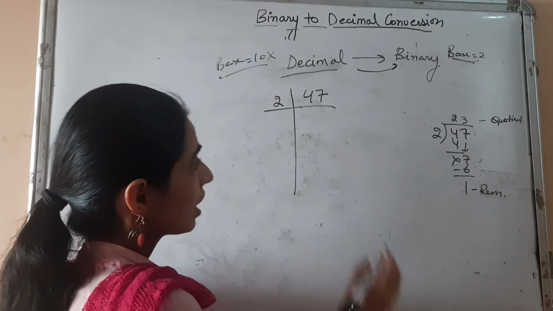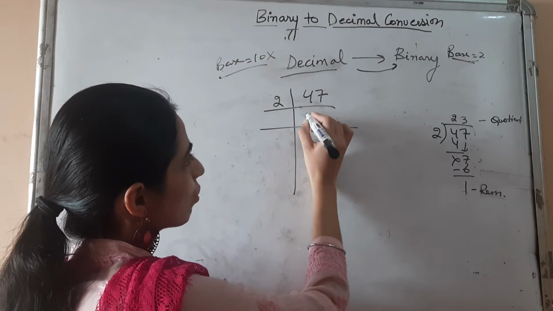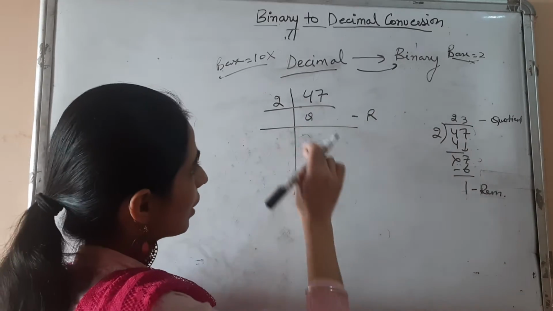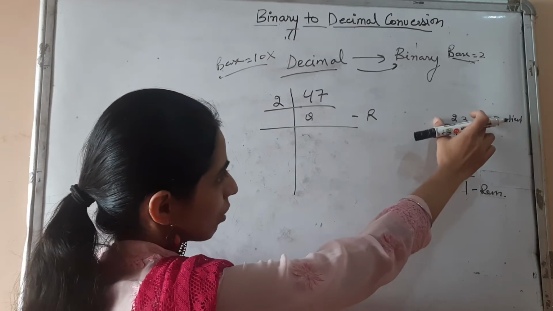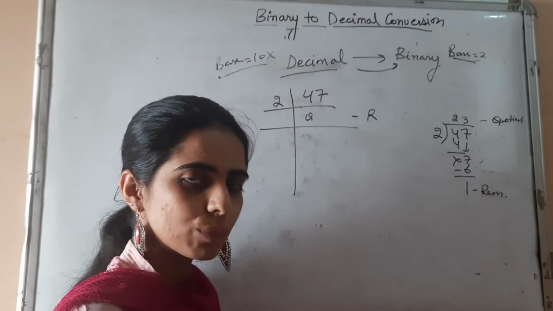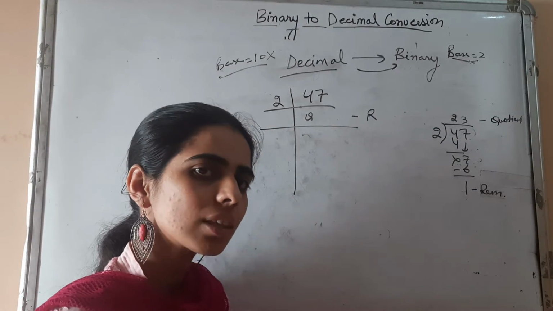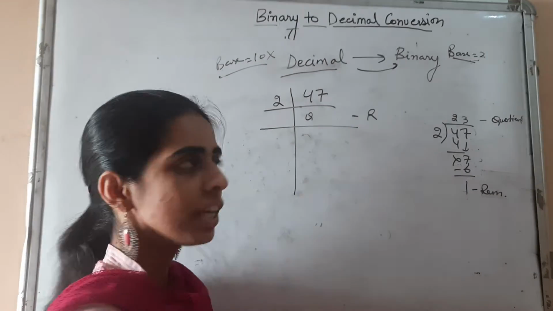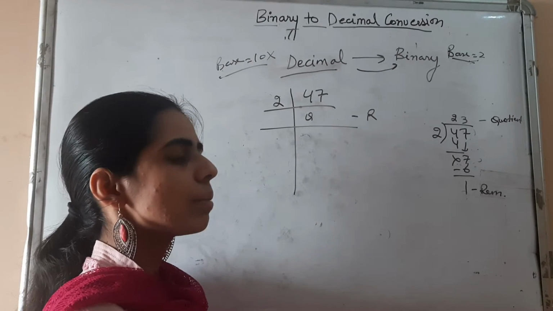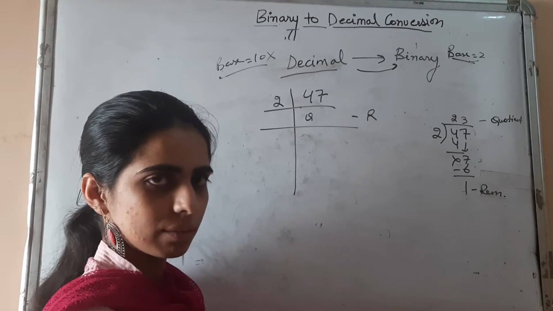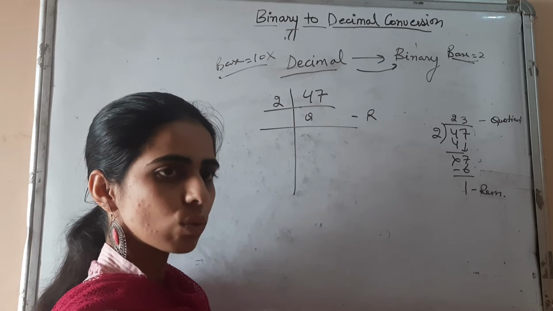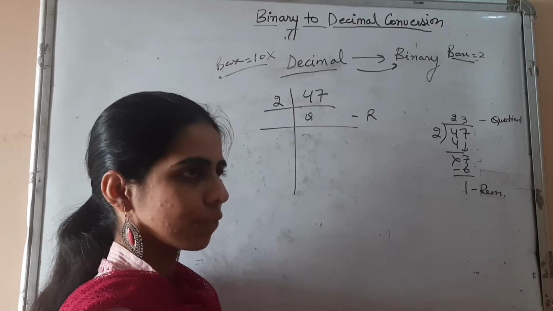This is our quotient. What we have to do, children, is that we have to write the quotient here and we have to write the remainder in front. Where I have written Q, you will always write the quotient part. Where I have written R, you will always write the remainder part, right? And please remember one thing very nicely, be very careful. In binary, when you are using binary number system, there will be no other number than 0 or 1, okay? You will always get an answer in zeros and ones only. So don't get confused, okay?